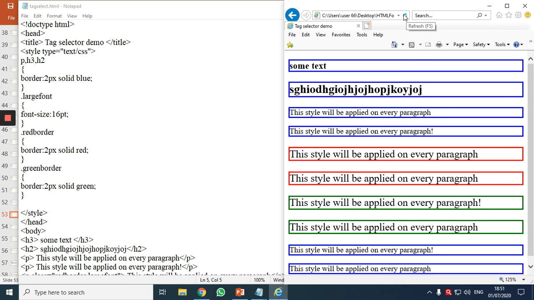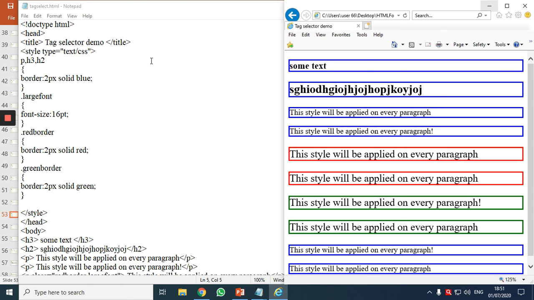See, so what can we do? We can also group selectors together. And how can we group selectors together? To group selectors together, call the names of the tags, and those selectors should be separated by commas, and you can give them good styles. Correct? Now I'll show you something unique.